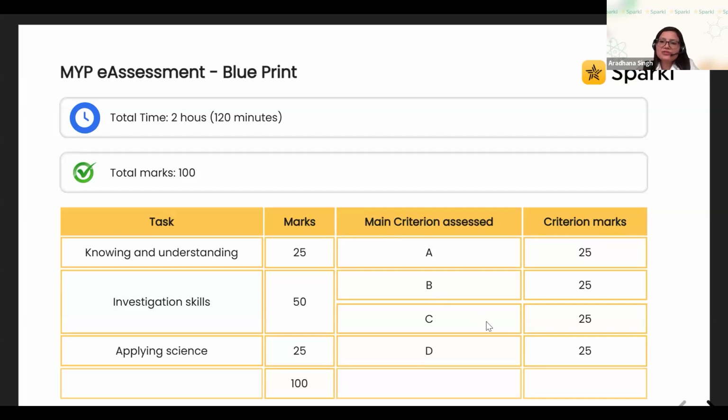Which criteria-based question do you like? I like criteria D most. Very good. I like writing about and understanding the applications of science in the real world and seeing how it comes to light, I guess. Exactly. Very nice. Most of the students find it difficult to handle criteria D type questions, because if you can